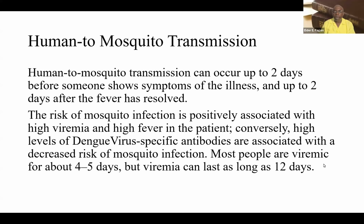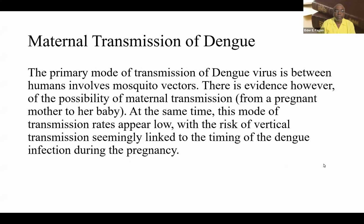But most people become viremic for about 4 to 5 days. But it can last for as long as 12 days in some people also. But the average is 4 to 5 days. And just to put in this,